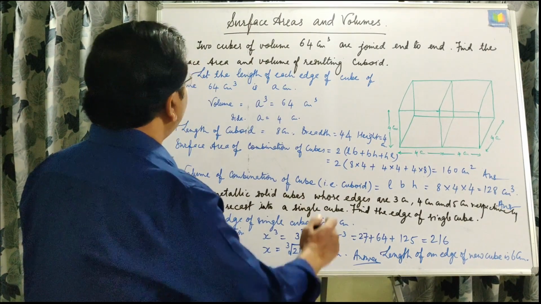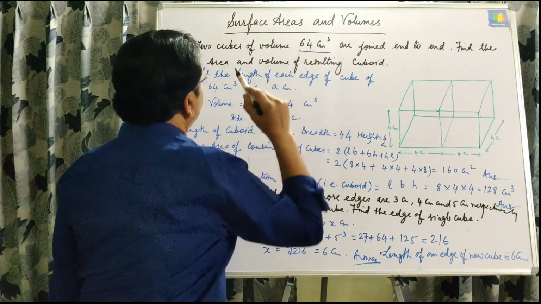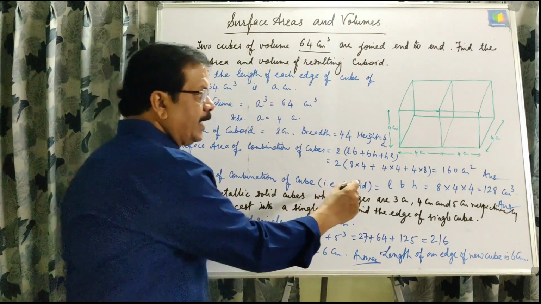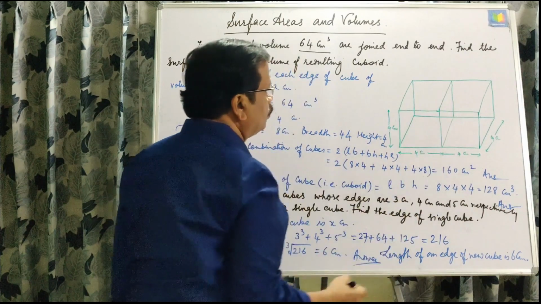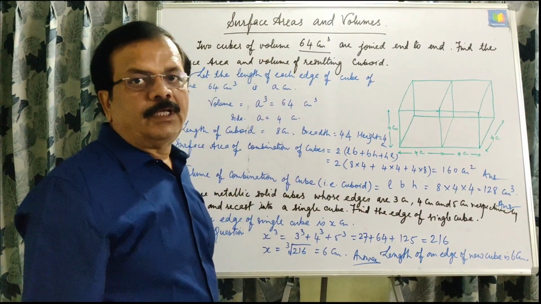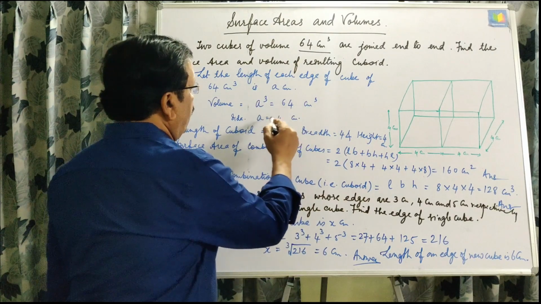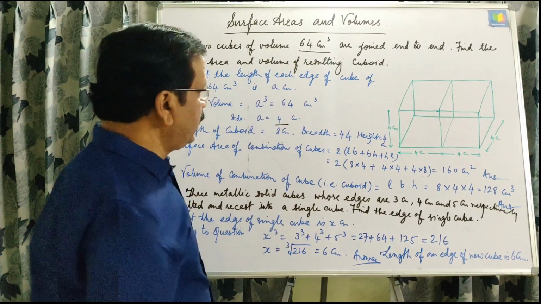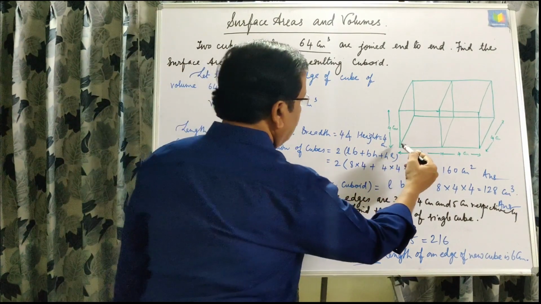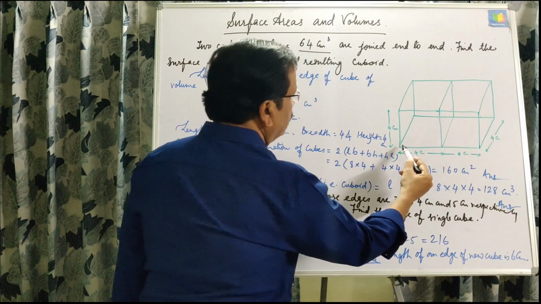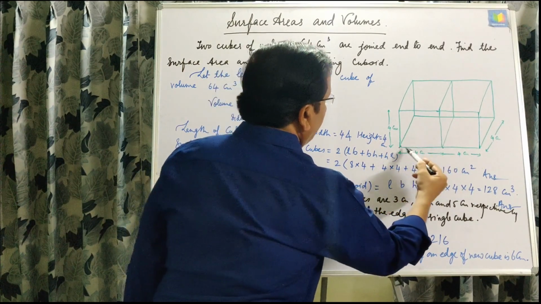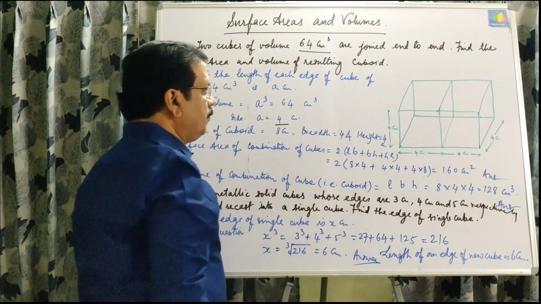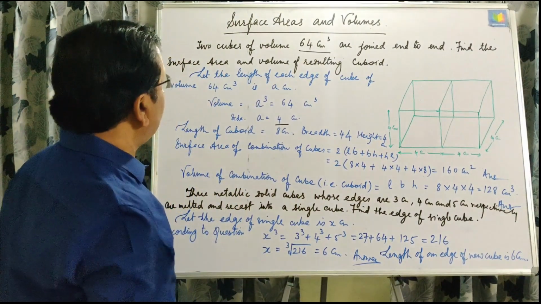Now we are given here 64 centimeter cubes of volume, and then we can find side of the cube, and we know in case of cube, side cube is equal to 64, and then taking cube root of 64, we are getting side of cube is 4 centimeter, and this way you will get figure, and from the figure this is clear that once we are joining this, length will be 8 centimeter, breadth will be 4 centimeter and height will be 4 centimeter.